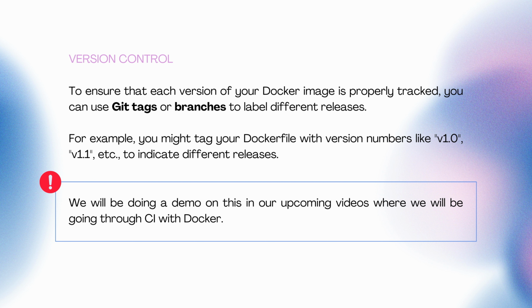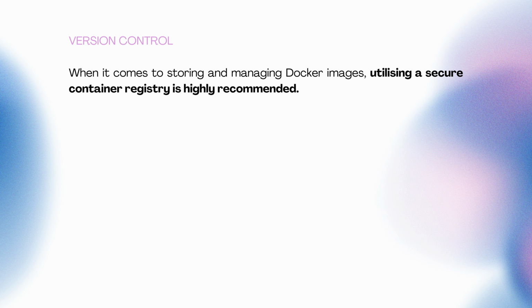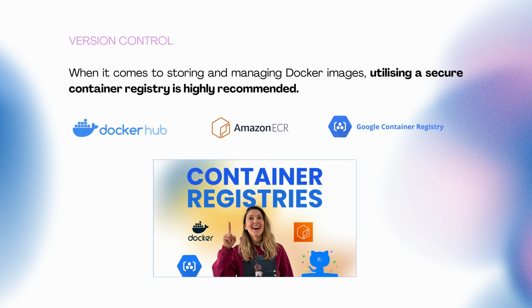demo with Docker itself. When it comes to storing and managing Docker images, utilizing a secure container registry is always highly recommended. So places such as Docker Hub, of course, Amazon ECR, or Elastic Container Registry, GCR, which stands for Google Container Registry, and so on. It's always good to look into these solutions to provide secure and reliable storage of your Docker images. If you'd like to check more about this, please do make sure to watch our videos specifically dedicated to